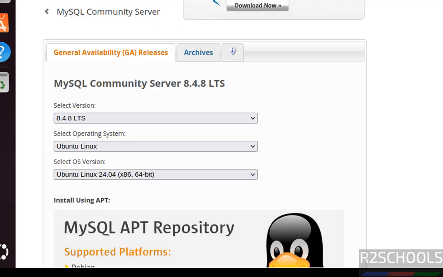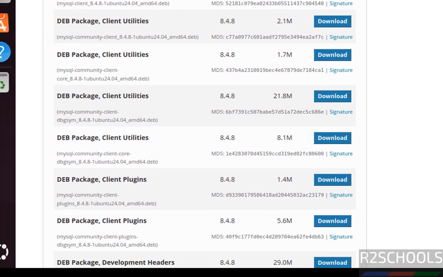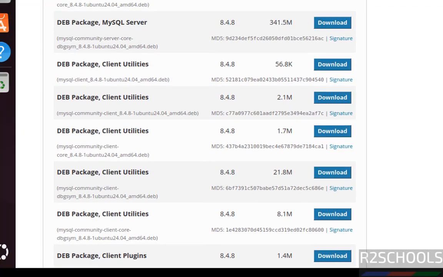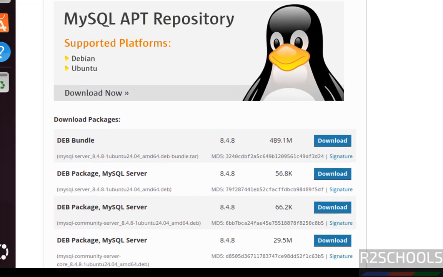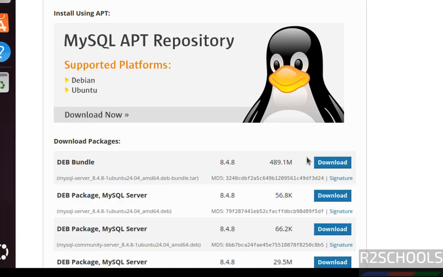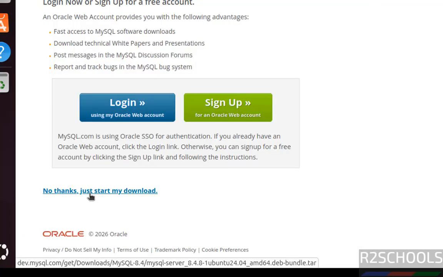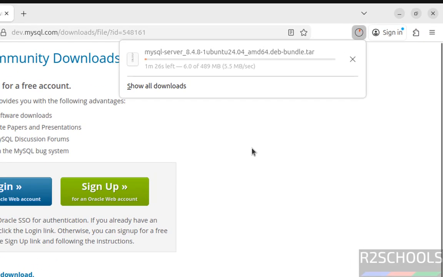Once we select it, it populated the list of the Debian packages that need to be downloaded and installed. But instead of downloading each package, just download this deb bundle. Then click on no thanks, just start my download. See, download started and its size is about 489 megabytes. Wait until download completes. Once download completes, then we will untar the tar file and install MySQL Server 8.4.8 LTS